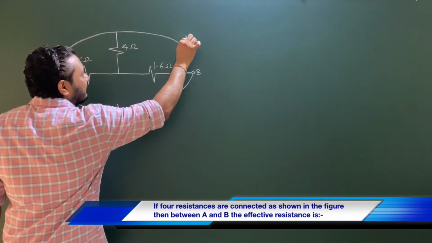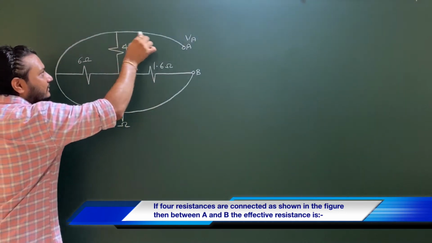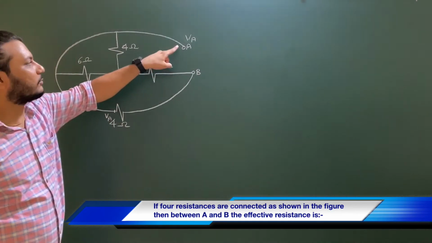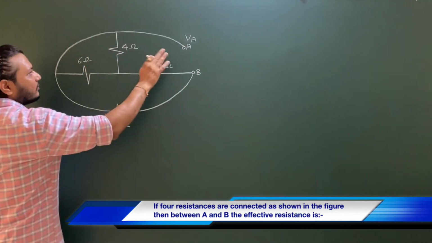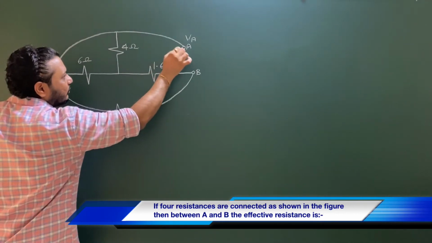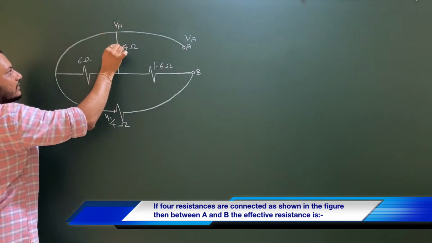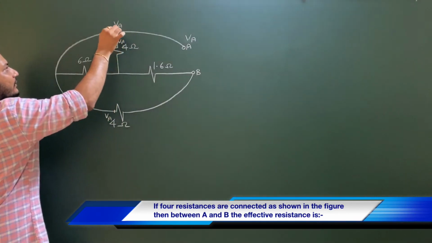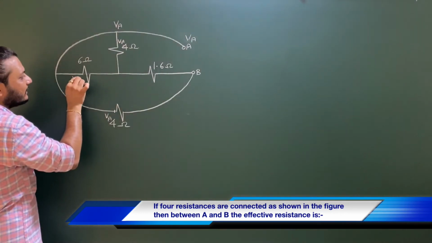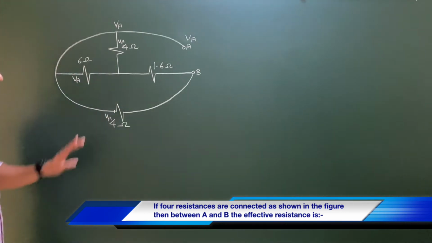If we consider the potential here as VA, and this connecting wire does not have any resistance, or we can neglect that resistance, then if you move from this point to this point, there is no potential drop, there is no change in the potential, since the resistance over here is 0. So if the potential here is VA, here also it will be VA. From here to here it will be VA. Same way, up to here it will be VA. It is already written over here, VA.